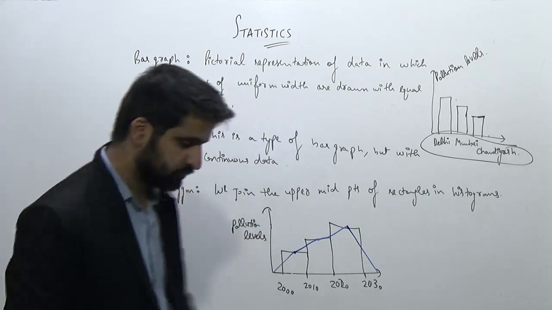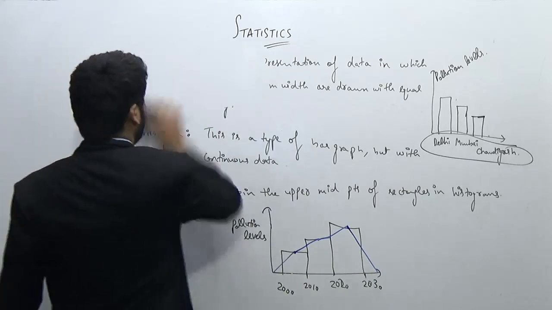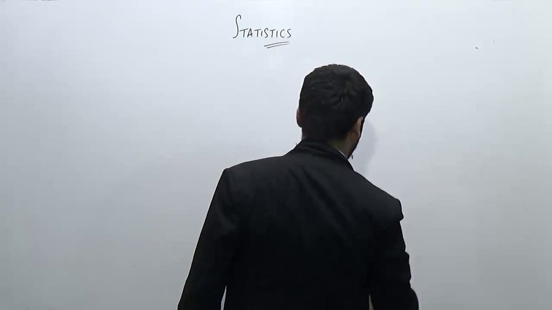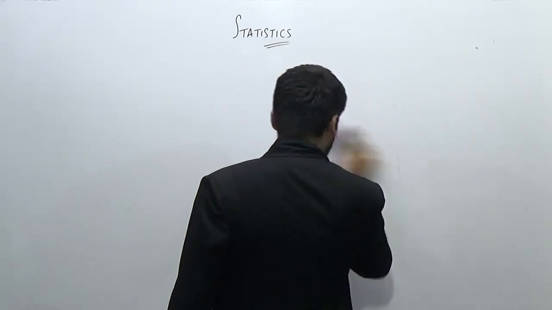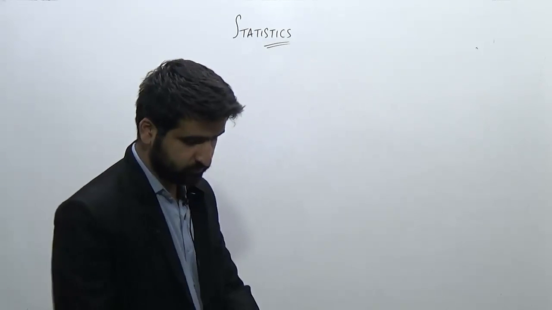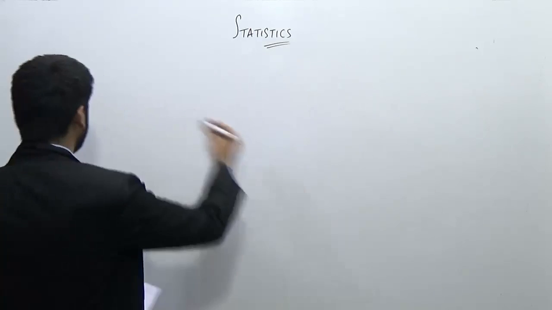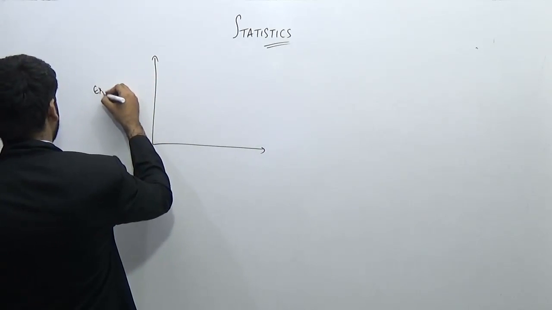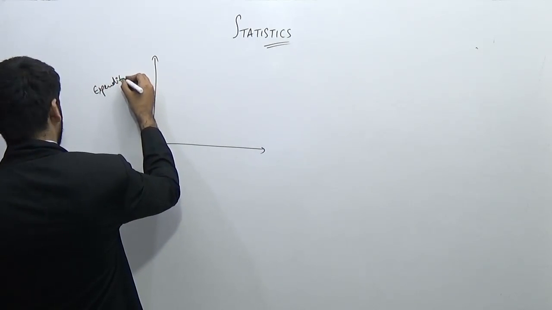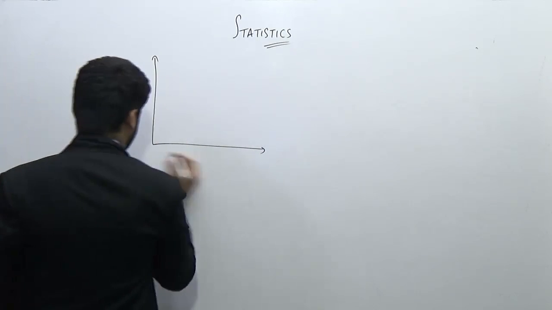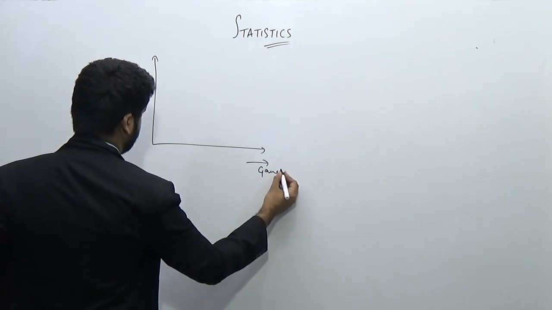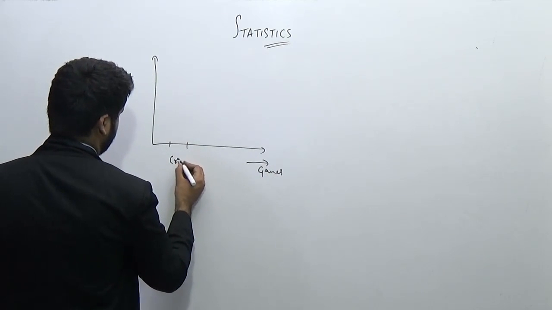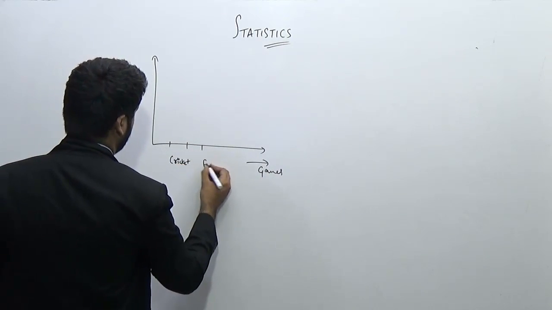So let's see some questions. I will go step by step. First of all, we will discuss bar graphs. The first question, guys, is, let's suppose this is the expenditure and this is the games. On the x-axis we are representing the games. Let's say this is cricket. I'll write the full name only. Cricket. Then we have football,